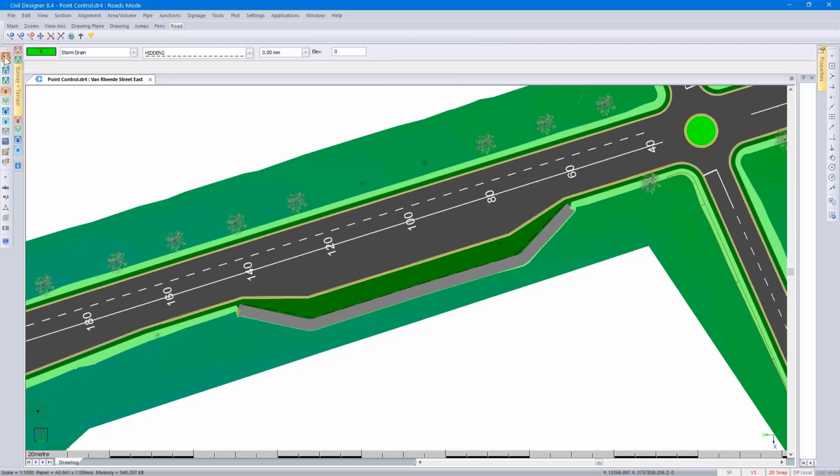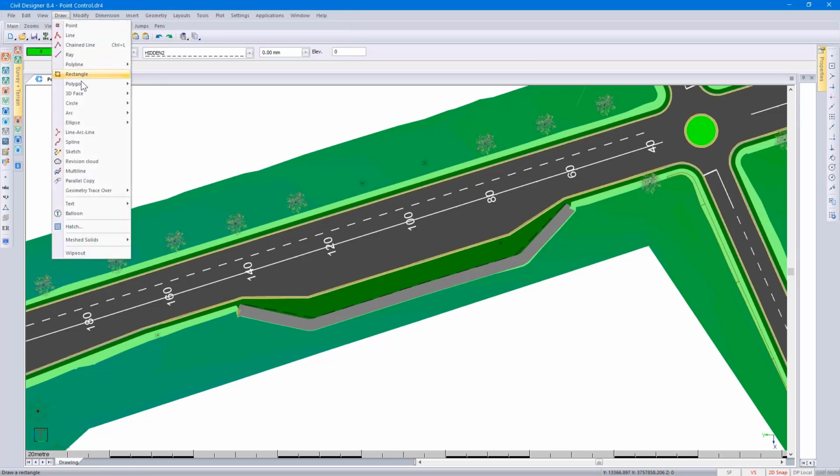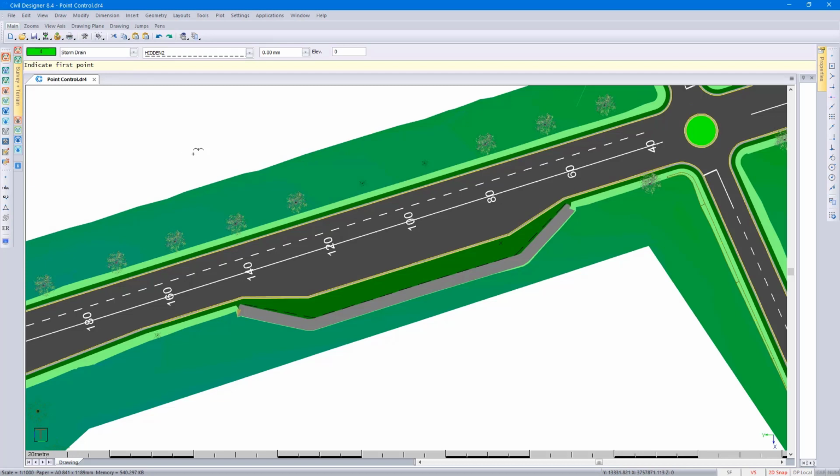Going to my CAD mode, selecting Draw Spline. It may be that you want to go and put in your own customized embankment. So I want to go and put in my toe point over here. And at a later stage, I'll show you that if you do go and make changes to these CAD entities, the point control would then dynamically update. Going back to the point control function,